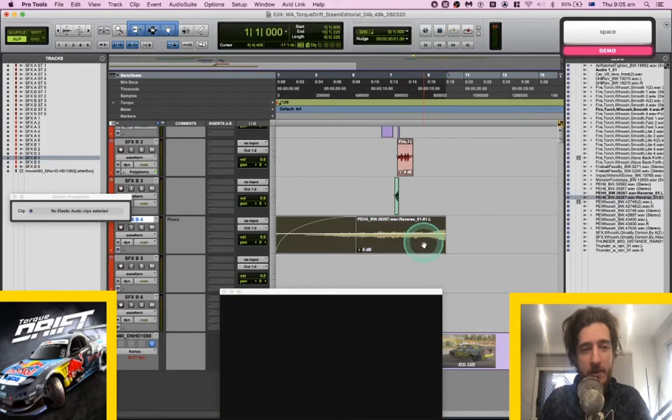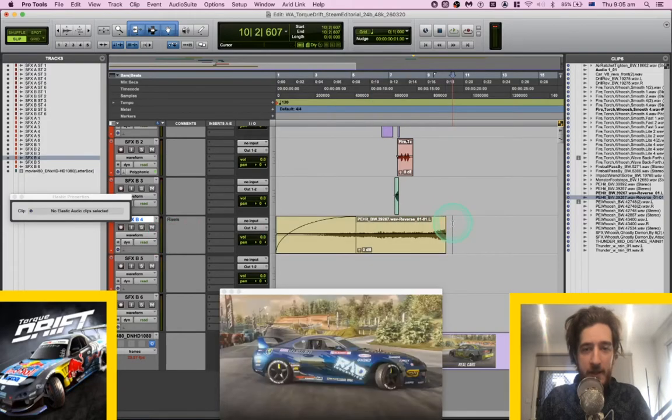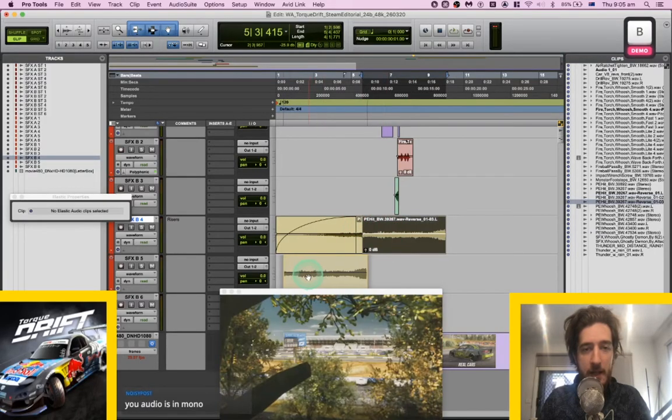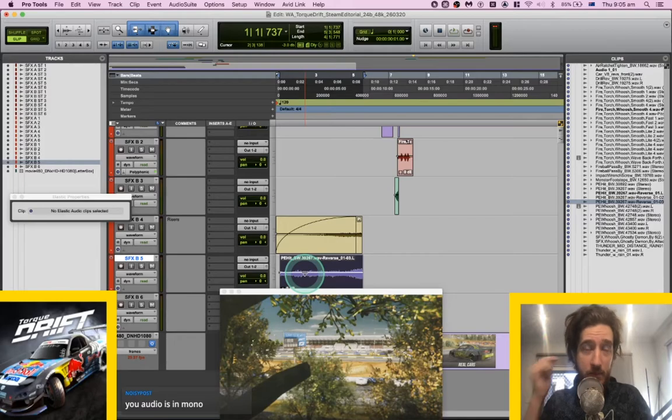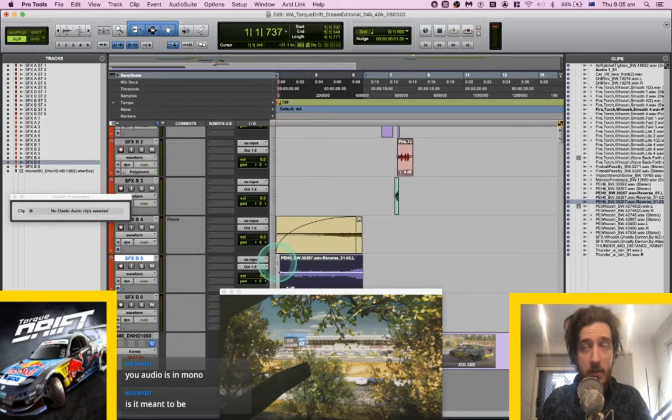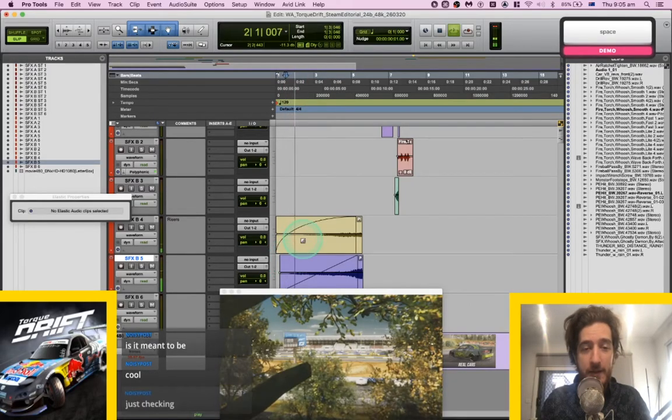Oh man, how close was that? I don't know if that's the... It's the first time you see them actually racing. I want to build up to real drifting, but I also really, really liked the start of that. My audio's in mono. Oh, this is in mono. Yeah, these ones are in mono. I haven't added any stereo elements yet, so yeah, it's all in mono. Pretty much, yeah. It doesn't get that exciting for some of this stuff. It should be at some point. It'll be real exciting.